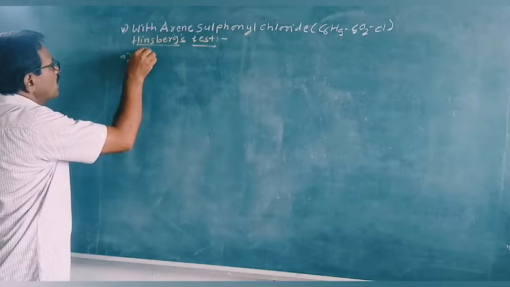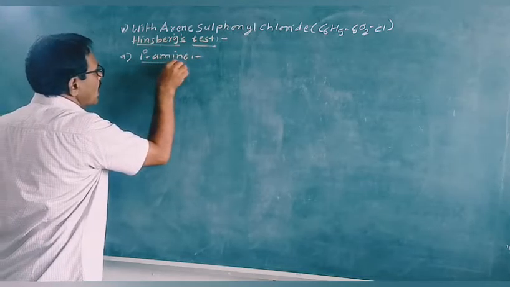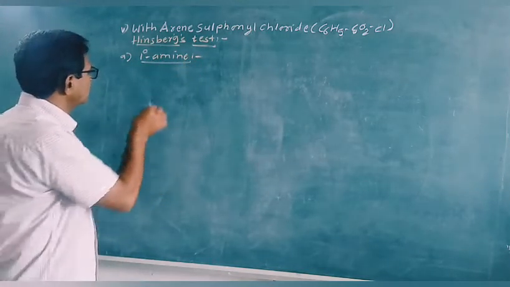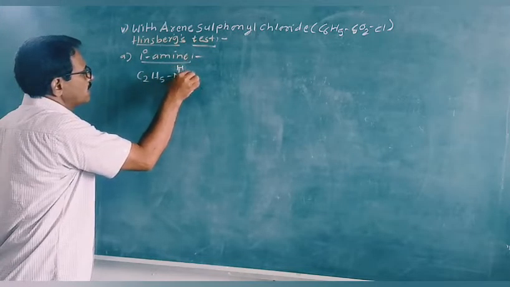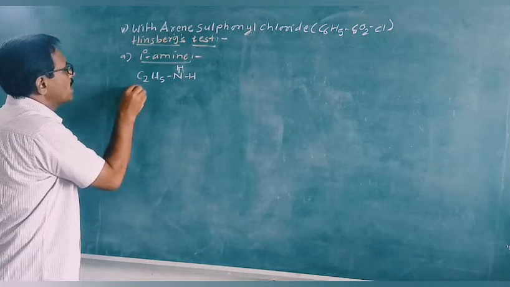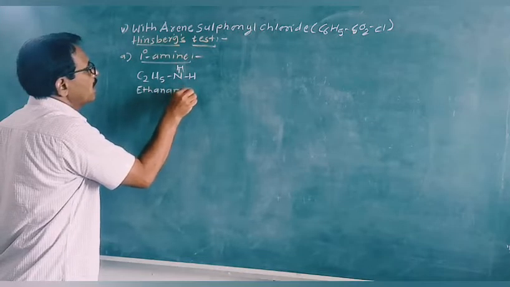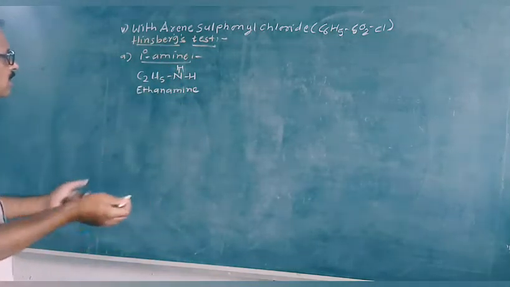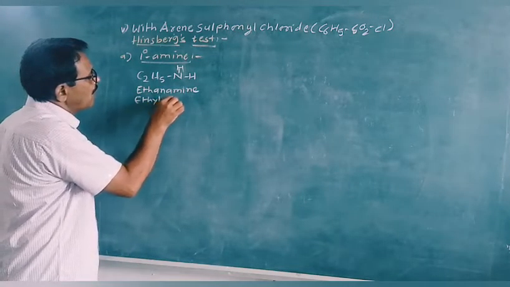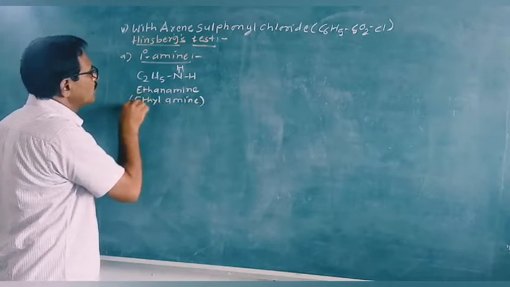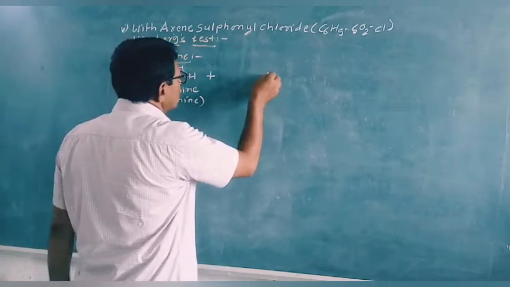Now, first of all, we will see 1 degree amines, meaning primary amines. When it is a primary amine like ethylamine, I am just going to take an example, not a general reaction. When it is ethylamine, C2H5NH2, it is ethanamine, the IUPAC name, and ethylamine is the common name. When this ethylamine is treated with benzene sulfonyl chloride,